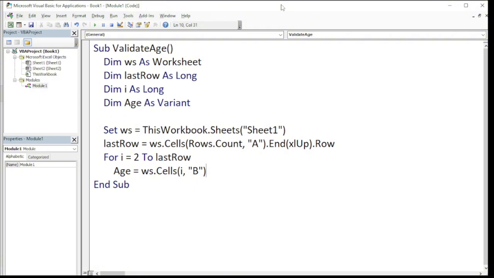Okay, that value. We're going to check if the value is a number, so I'm going to use this condition: if not, we check whether the content of the cell is numeric. So If Not IsNumeric,